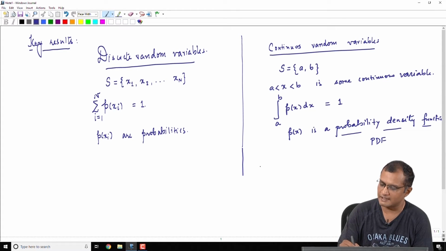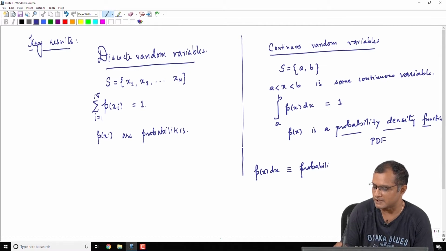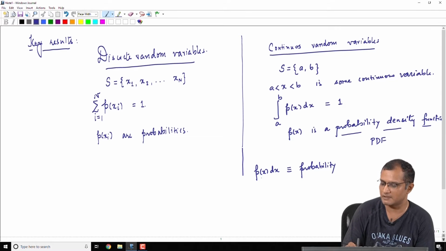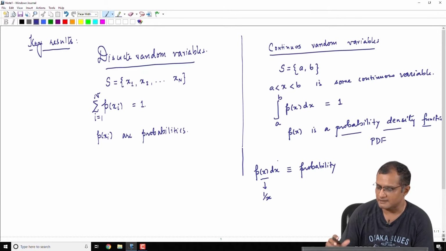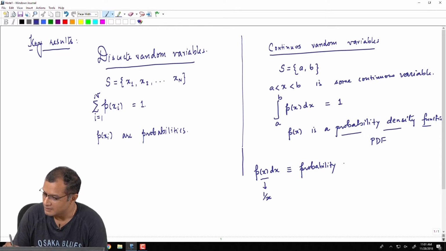From probability density, you can derive probability, as you can call p of x dx the probability. Now, this is a probability, this is dimensionless, because p of x already has a dimension of 1 by x. So, p of x dx is probability, which is dimensionless, probability of finding